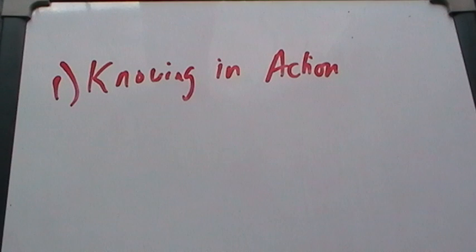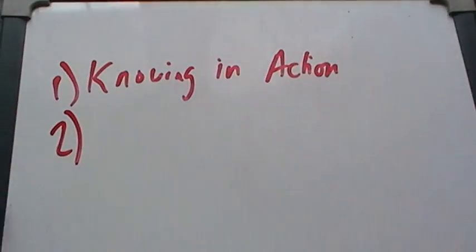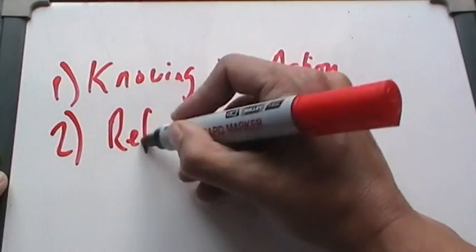Now, with teachers, knowing in action would be when you behave a certain way within a classroom, but you don't actually think about it. So it's a behaviour that you have learned due to experience. What is interesting, of course, is that over time, the more experience you have, the more tacit knowledge you have. So the more you are behaving and reflecting in an unconscious manner because of the amount of experience you have developed over time. The next type of reflective practice is reflection